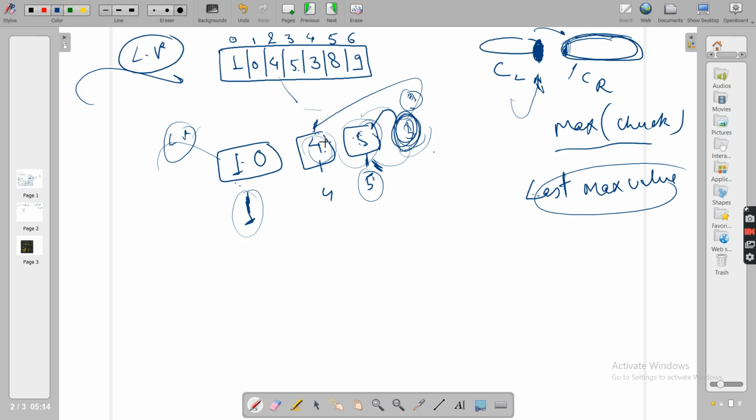So obviously 3 and 4. 4 is the larger value. It is not less than or equal to 3. So obviously we can club 4 and 3 together. So we can say 1 0, 3 4, or 4 3, whatever, and 5. Now if you sort them individually and keep them, they will be sorted: 0 1, 3 4 5.